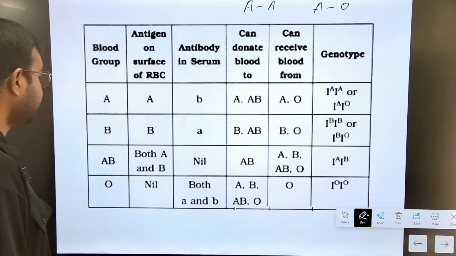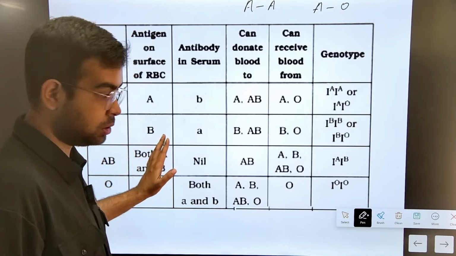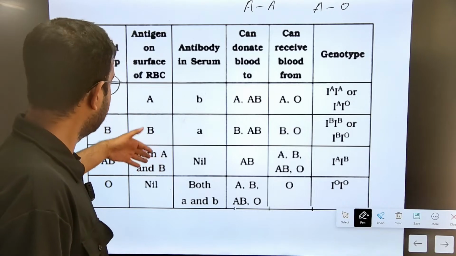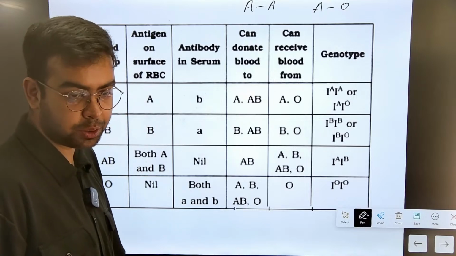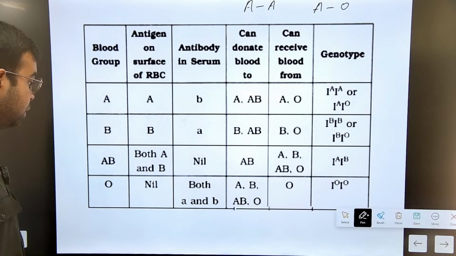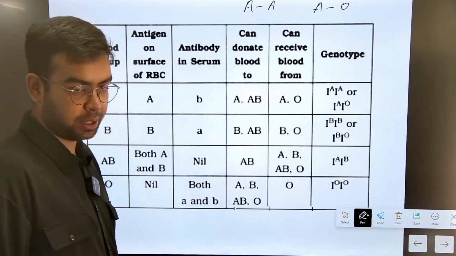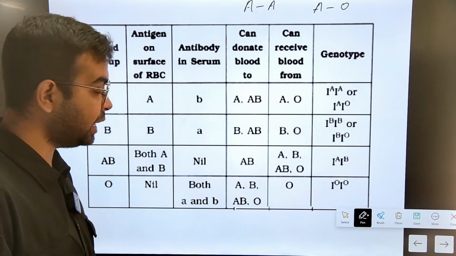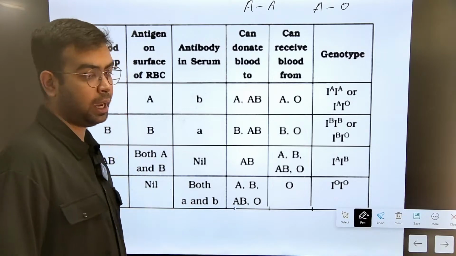ठीक है, on the other hand AB has both antigens. ठीक है, अब B एंटीजन भी है AB में. ठीक है, अब A ब्लड ग्रुप के पास has only A antigen, वहां पे B एंटीजन डाल देंगे तो वो फिर से रिजेक्ट हो जाएगा. ठीक है, but in case of O, it does not have any antigens. तो अगर O को मैं डाल भी दूं A में तो कोई एंटीजन तो है नहीं, उसको कौन रिजेक्ट करेगा? रिजेक्ट करना कुछ है ही नहीं O में. So O is a blood group which you can donate to A as well.